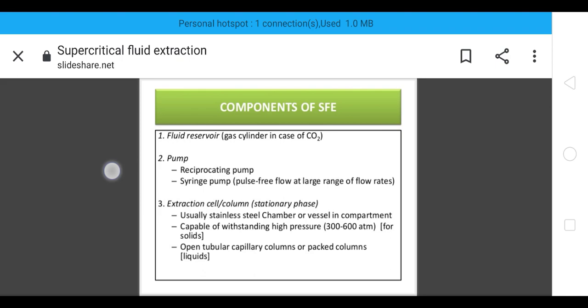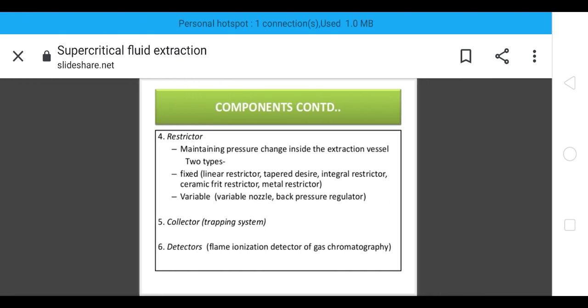We are going to use a pump. Then this fluid is pumped into the extraction cell. Usually we use a stainless steel cell, which has high pressure, 300 to 600, for solids, and an open tubular capillary column is used, so it can allow easy transportation of the solvent. Now the next component is the restrictor. It maintains the pressure inside the cell,